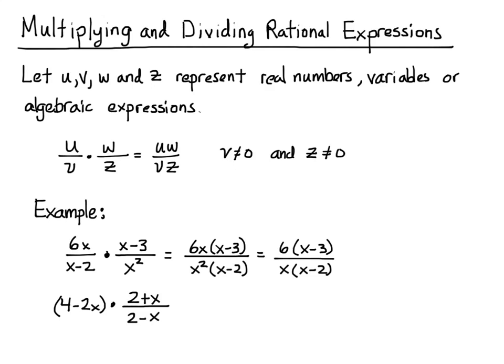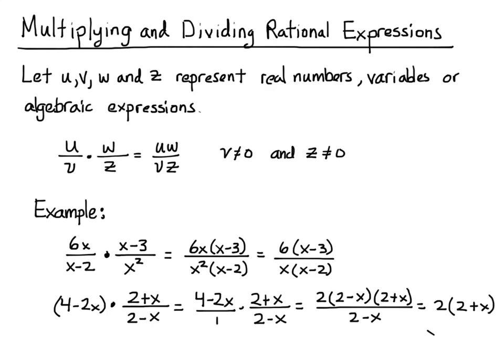Okay, so if we take a look at another one, now this first one looks like just a polynomial, 4 minus 2x. But in fact, any expression can be represented as a rational expression just by putting it over 1. So we have 4 minus 2x over 1 is one way to look at it. Whenever we have just a polynomial or any kind of expression like this, we just multiply it into the numerator and we get our solution. So in this case, we look at it as 4 minus 2x over 1, and multiplying them together, we get